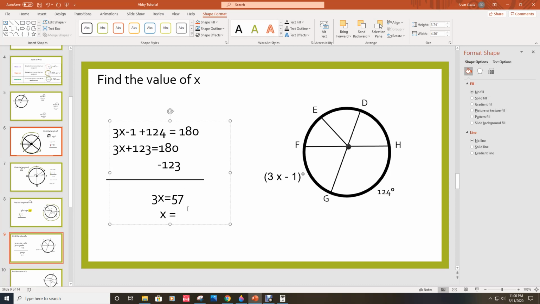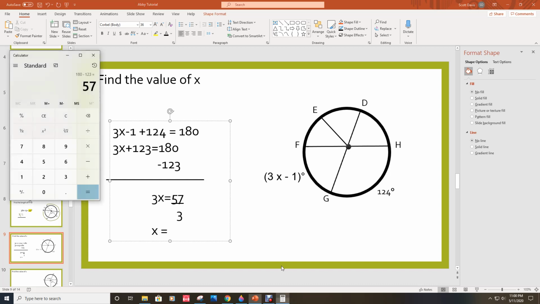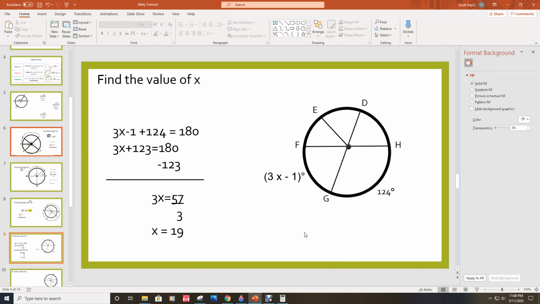equals, and then I am going to divide by 3 right here underneath this 57. Divided by, do you like that? Divided by 3. Let's see what 57 divided by 3 equals. 19. X equals 19. Okay, now you know we got to check it, because what if I did something wrong,